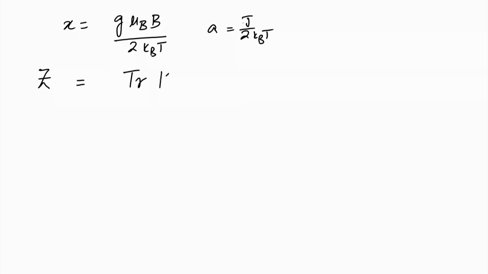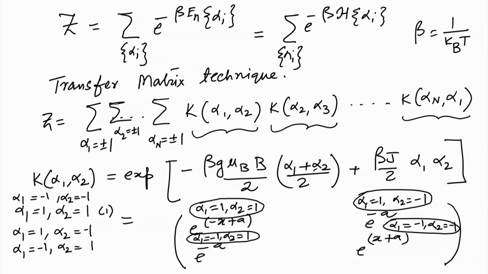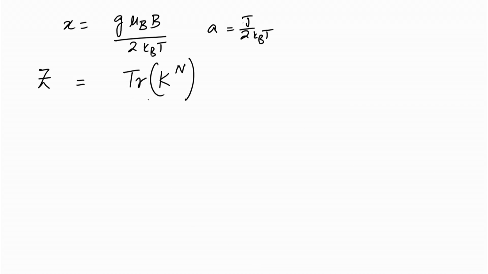of K to the power n, because if you see, this is not only true for alpha 1, alpha 2, it is true for alpha 2, alpha 3, it is also true for alpha 3, alpha 4, it is true for alpha 5, alpha 6, and so on, and alpha n, alpha 1. So, we have similar K matrices coming, and so the entire partition function will be the product of all these matrices, and since we are doing a sum, it will convert into a trace. So, trace of those K's raised to the power n for n spins, and this is the form of the